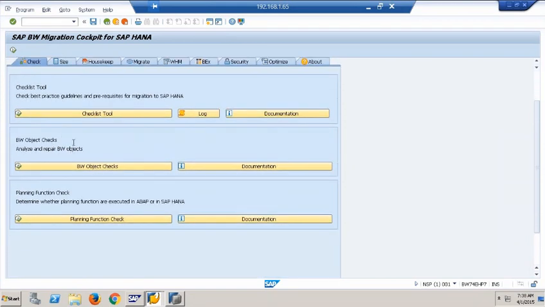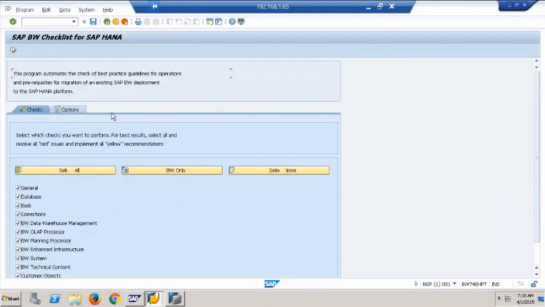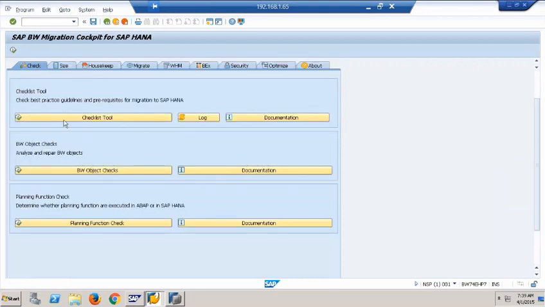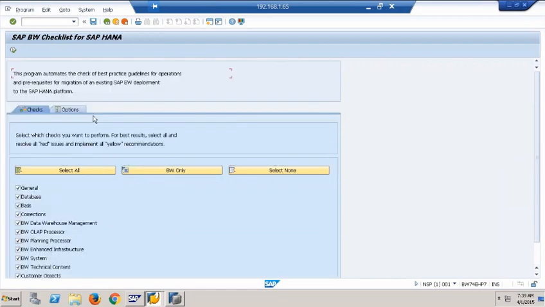See, if you remember, this is about checking checklist tools. You remember this? What was this program about? Yesterday I showed you this. What was it? Checking the BW system readiness for migration. You remember? We could execute that separately, or if I implement this complete cockpit, there's a button called checklist tool. If I click, it automatically gets into a program which, you remember the note, is checking the readiness of the BW system for HANA migration,